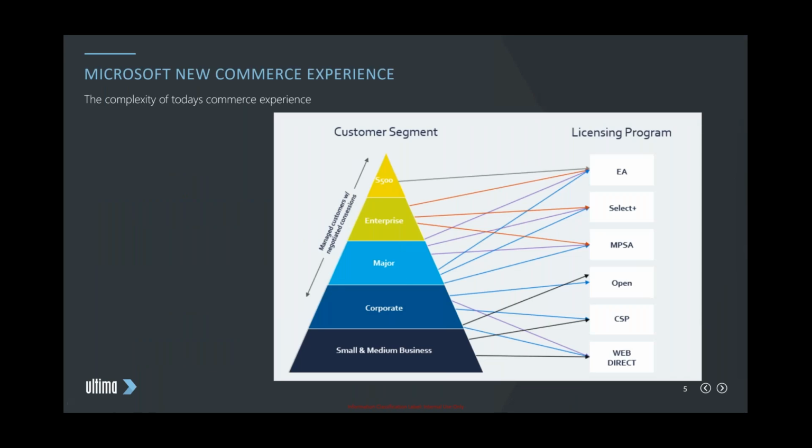So that's the Microsoft product price increase on the 1st of March. The second one is all around this new commerce experience, which is not a new term for Microsoft, it has been around for a couple of years now. Maybe it's just another platform, another program, but the fact of the matter is that whether you're a small, medium, or large corporate or organization today, there's a